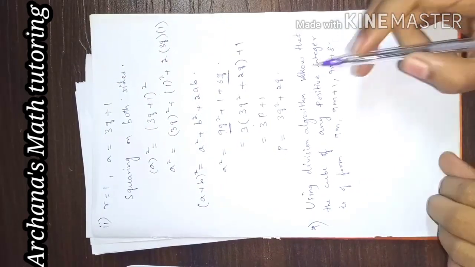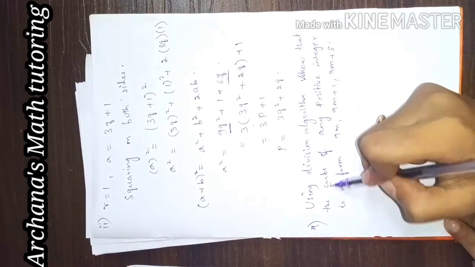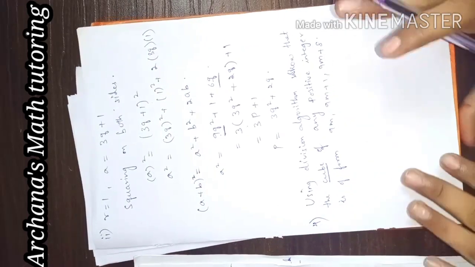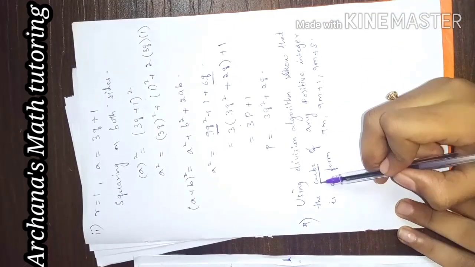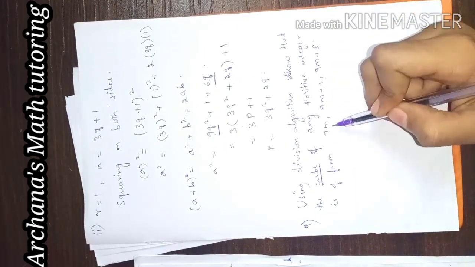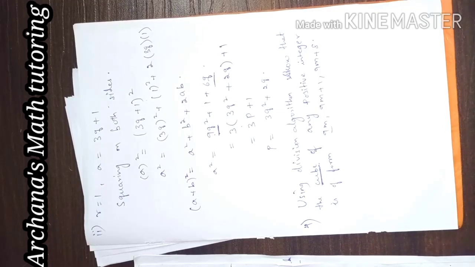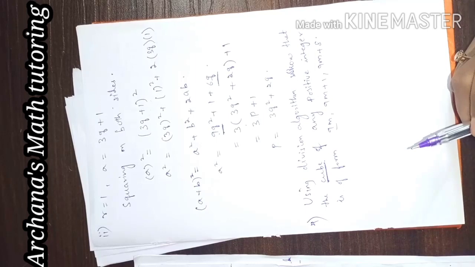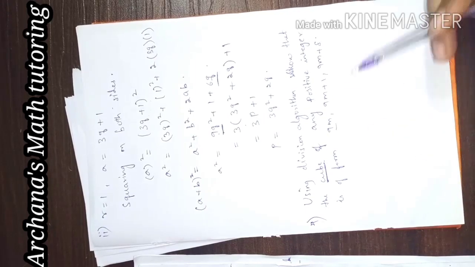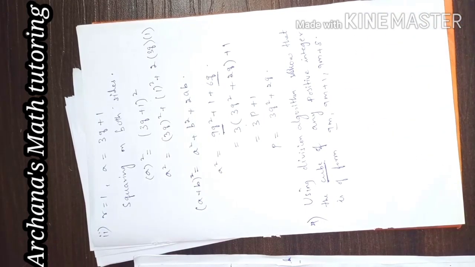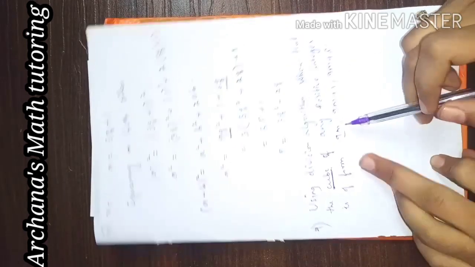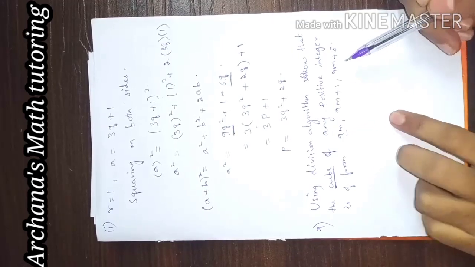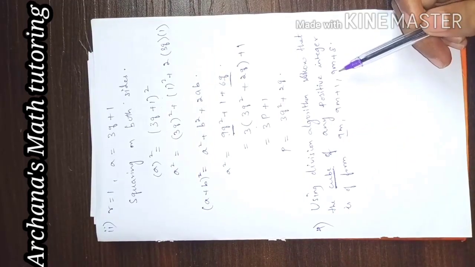So always remember that you are asked about the cube of an integer. So here we don't take b directly as 9, because after cubing, the value whichever you get should be equal to this 9. Whenever we cube, suppose I take 2, 2 into 2 is 4, and after 4 if you multiply by 2, that is 2 cube is 8. After 2, 3. 3 into 3 is 9, which is very near to this, and 9 into 3 is 27. So we can consider the value 3.